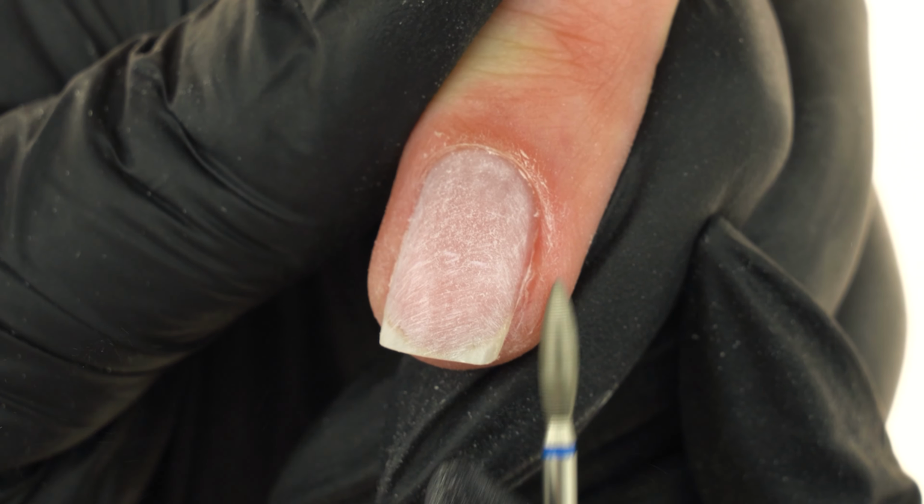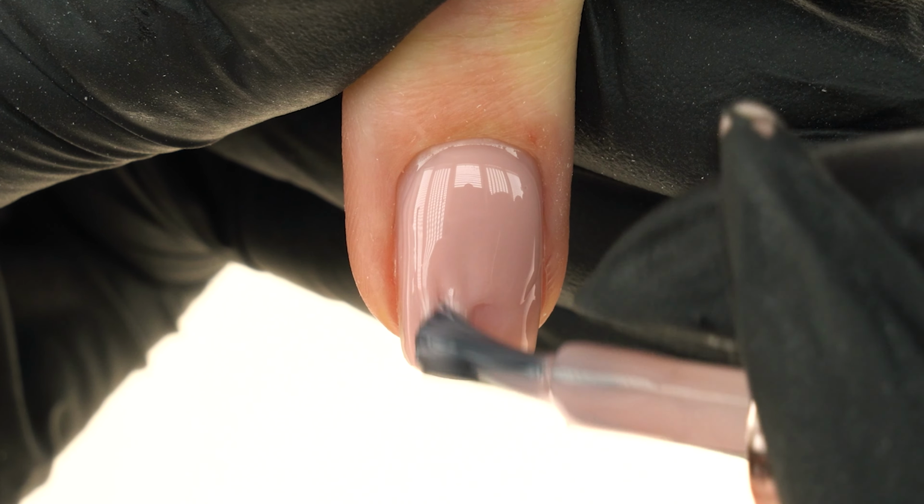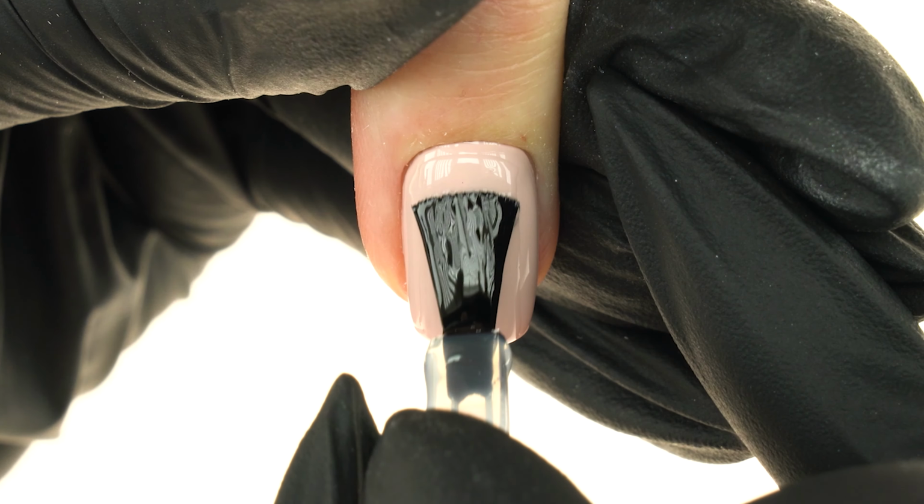In today's episode, we'll talk about the most common mistakes of a gel polish manicure. We'll show you what to avoid and how to ensure the design is durable and will stay intact till your